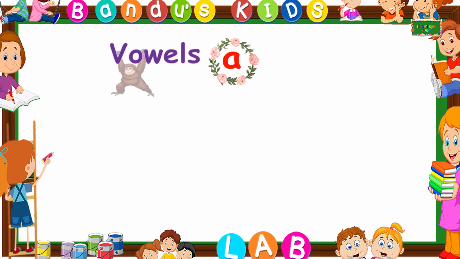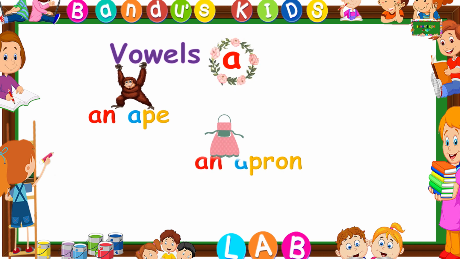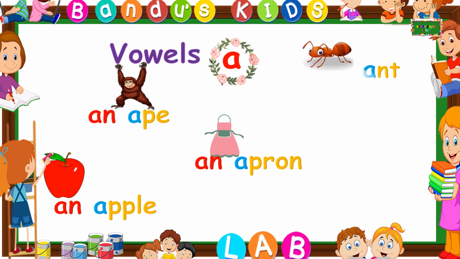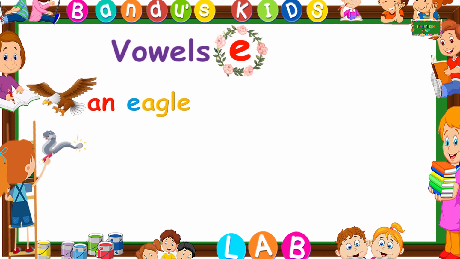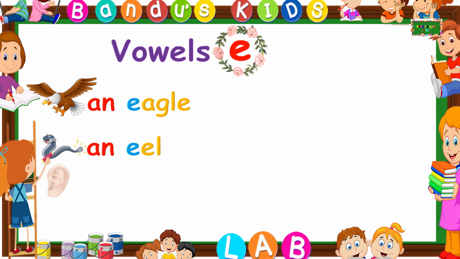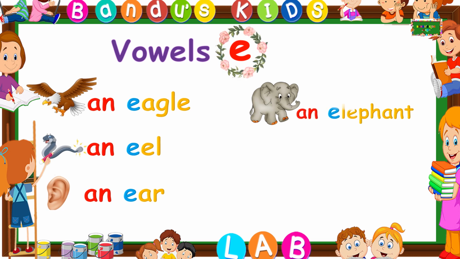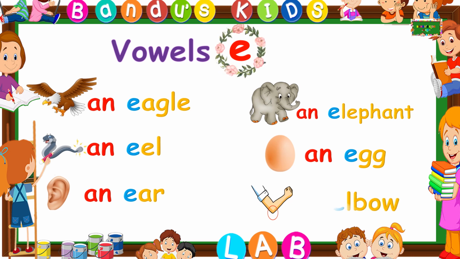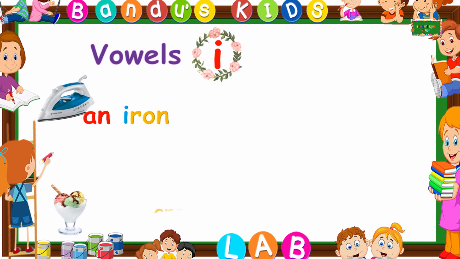an ape, an apron, an apple, an ant, an axe, an eagle, an eel, an ear, an elephant, an egg, an elbow, an iron, an ice cream,